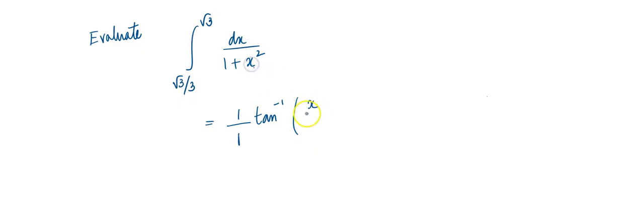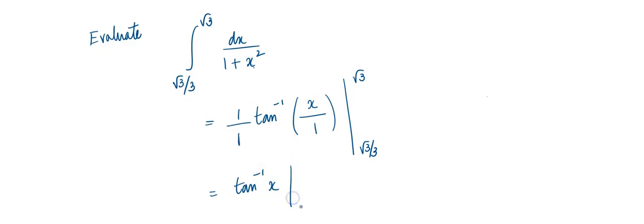X is the variable here, so x over a, which is 1, plus c is what we do, but then we have the definite integral, so I will just write it as root 3 over 3 on the bottom, root 3 on the top. Clean that up, we get tan inverse of x, from root 3 over 3 to root 3,